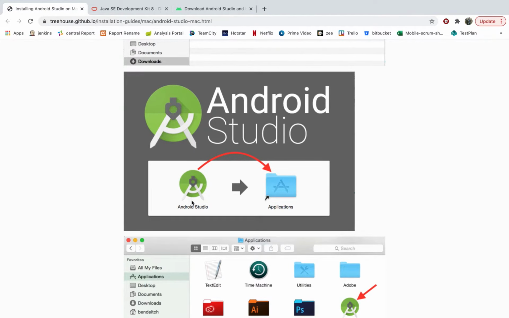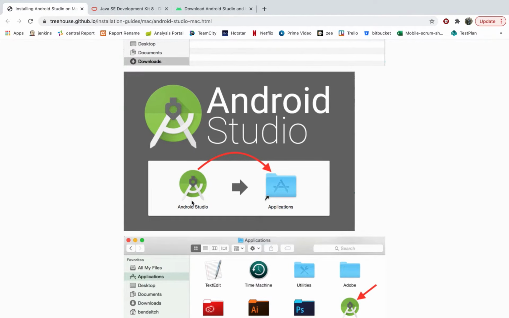Okay, when you open it, these are the pop-ups you have to handle. Either you want to import your settings from some folder, or you don't have to choose that. Based on that, make a selection, then just click on next. Then choose what kind of installation you want, a standard one or a custom one, and click next. And yeah, you can choose a UI theme.